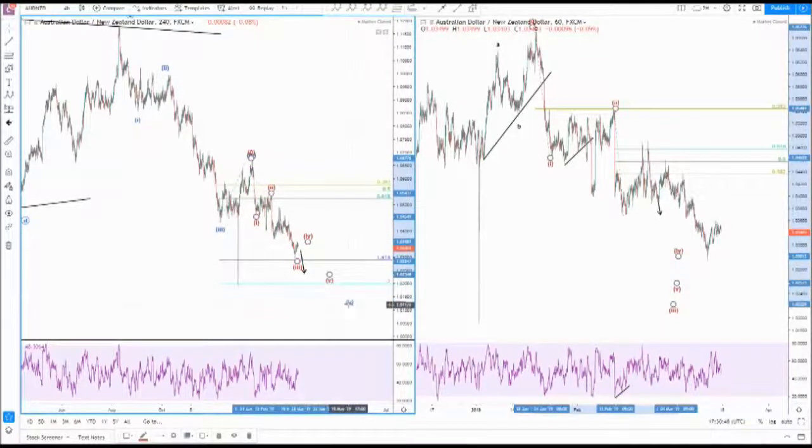maybe going to wave 4 this week, and then we get the final leg maybe next week. In fact, that could take a couple of weeks, and then this is going to just see an almighty rally, back up probably above 110, probably above this triangle resistance, back above 112. So this is something